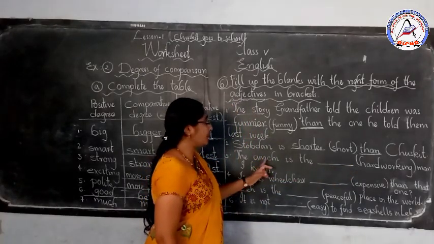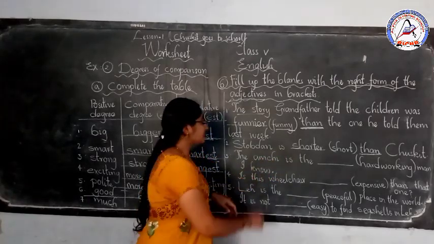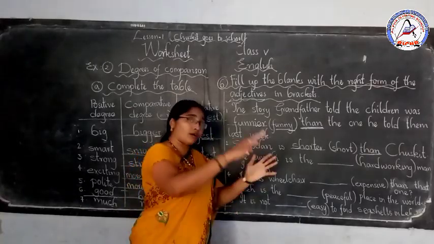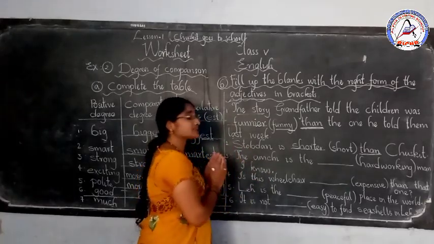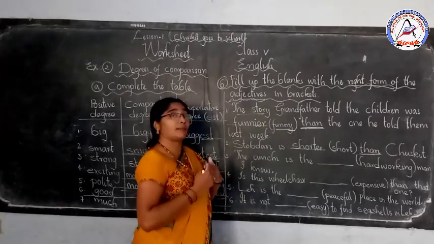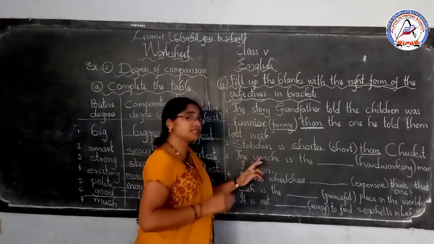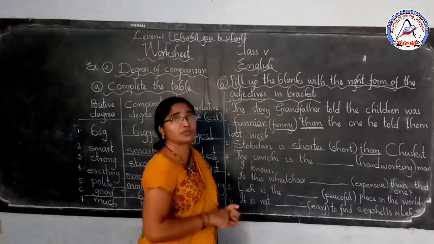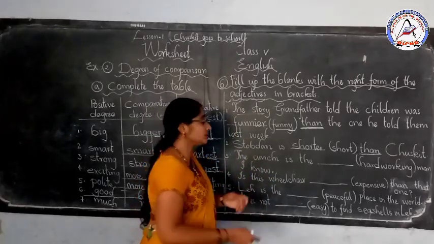So what is given here? Amchi is the dash hardworking man I know. So what is the sentence here? That the people whom I know, in that all people, Amchi is hardworking man. So here who is compared here? Amchi is compared. Among whom is compared? Among all the people whom I know. So Amchi is compared among number of people. So many people. So which form you will use? If only two people are compared, you will use comparative form. If more than two, you will use superlative form.